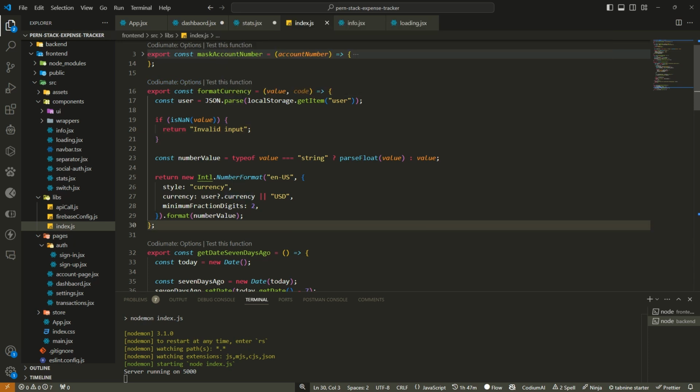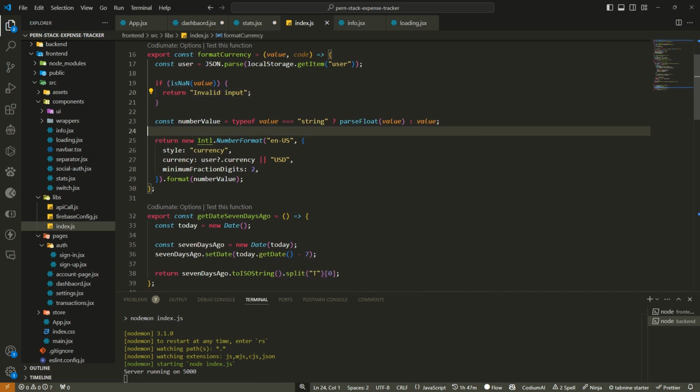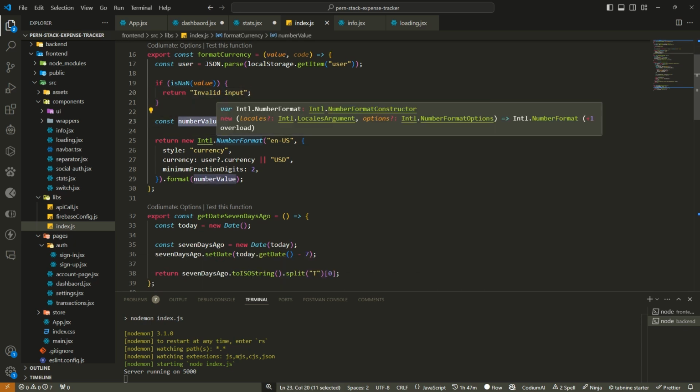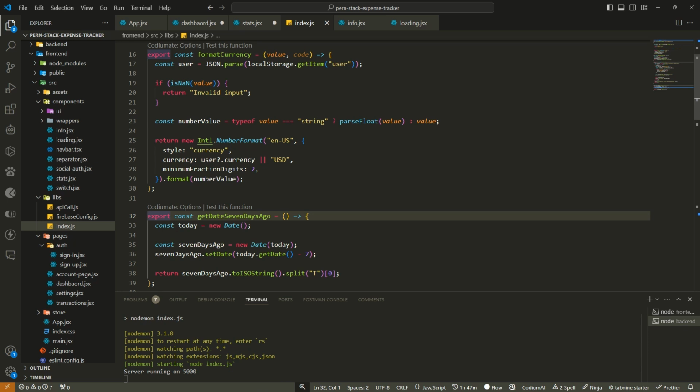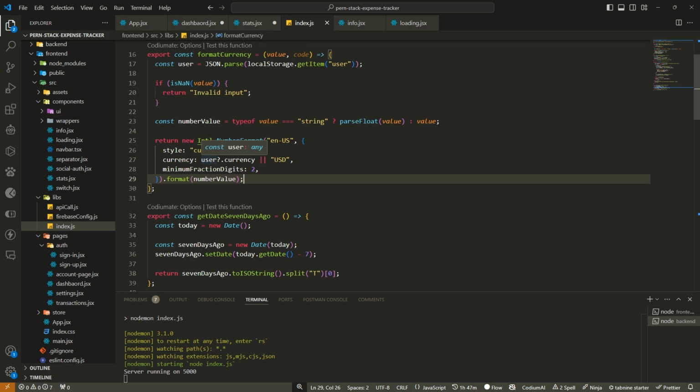So the format currency function first gets the user info from the local storage. And when we get it, if the value you send is null, we'll just return invalid input. If the value is not null, then we'll convert it to a number value. So we are checking the type of value. If it's a string, then we pass it to a float. Else, if it's a float already, then there is no need to do anything again. Okay, so we are using the international standard, Intl NumberFormat, and we're using the US locale. The currency will be whatever country the user selected. We have the currency code. So user dot what